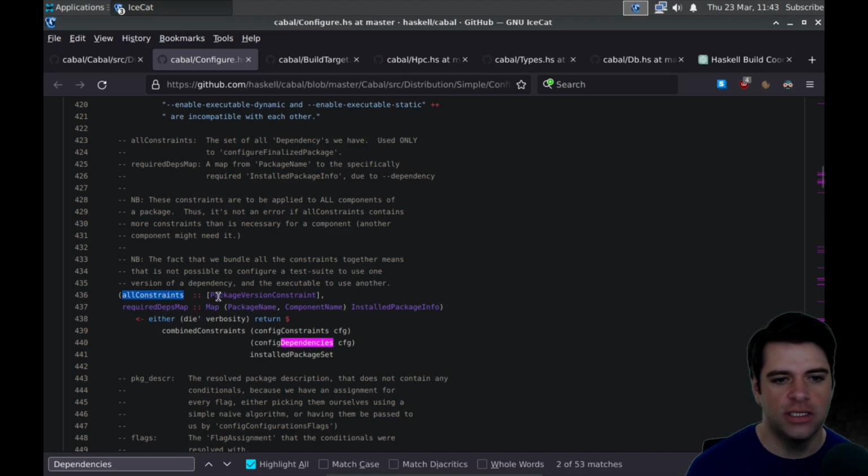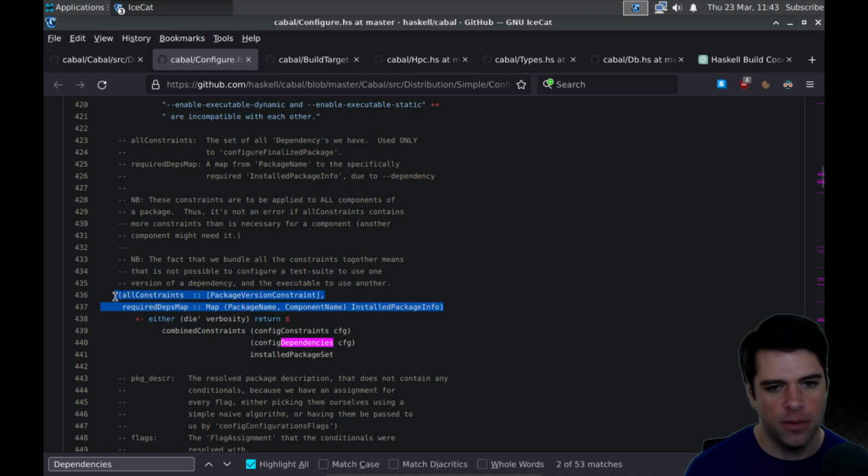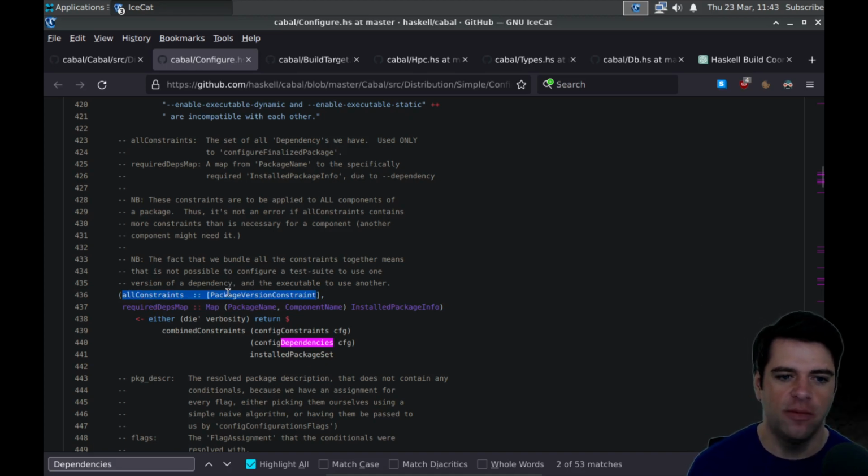So all constraints, let's see. We've got, what am I looking at? We've got two of these typey things. This is a parenthesis. Where does it terminate? Maybe here? Is it like a tuple? Where all constraints is, I guess, a variable of type package version constraint.